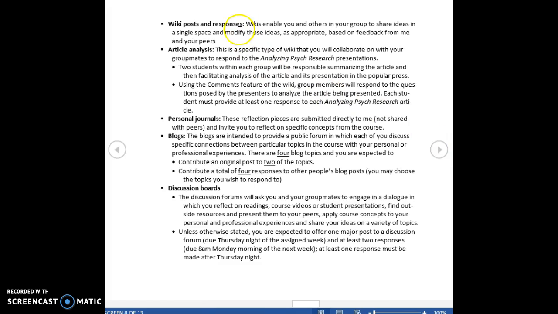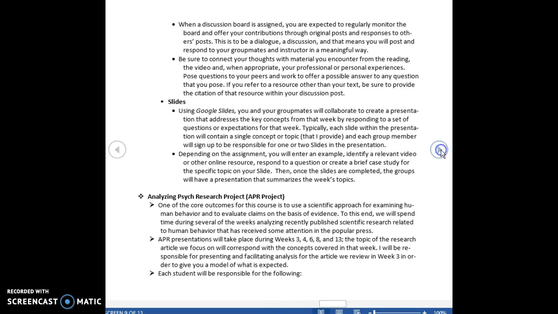And we'll be doing this in a variety of ways. So some weeks you might be doing a wiki, some weeks you might be doing a blog, others a discussion board. And so I just have a bit of information about each thing right here. Now, every week I will be providing a brief weekly overview video to tell you a little bit about what you'll be doing, but I certainly encourage you to read over the syllabus right now so you know generally what each type of activity will involve.